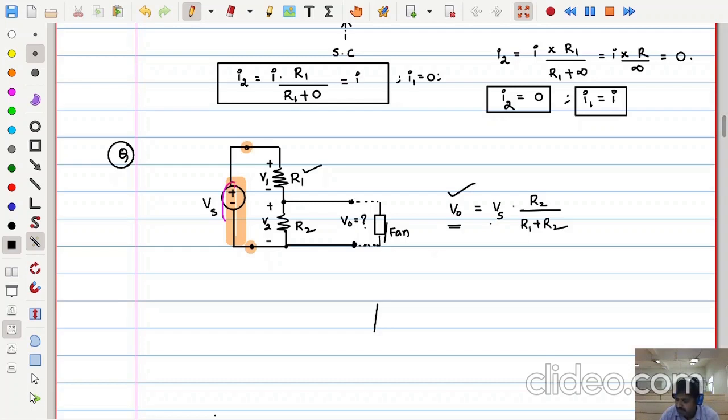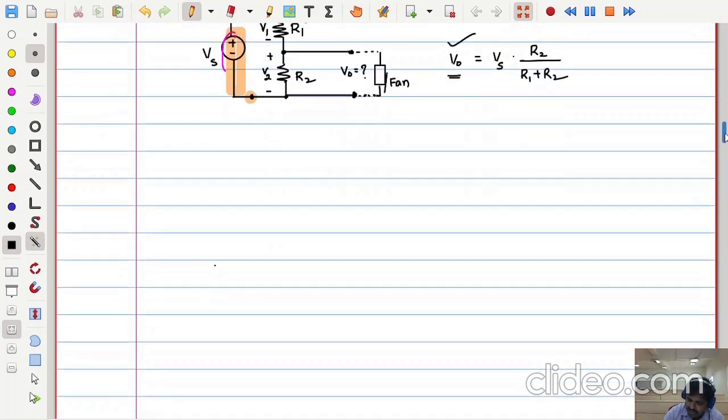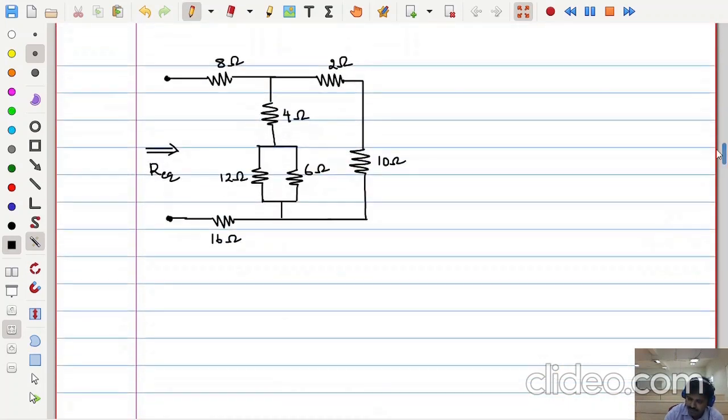If this voltage is at a proper value, not very high, not very low, then I can say that I can switch on my sensitive device, which may be some experimental kind of fan, which may be high cost, let us say 1 lakh rupees. Then once the voltage is within the proper value, I can confirm, then I can switch on this fan. So this is one application where we would like to determine the voltage division. Now see some simple network reduction technique with this problem.